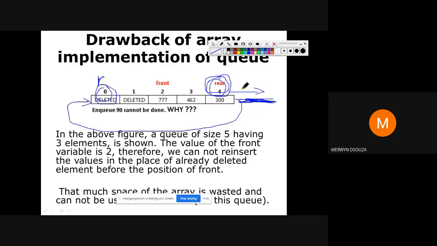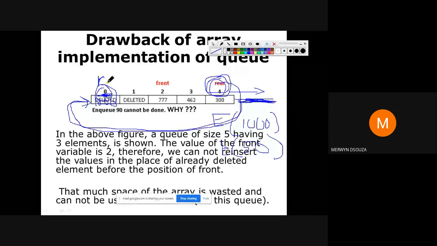Now in this case, if I say enqueue some value, say 1000, rear would be incremented in such a way that we come back to index 0, and this 1000 would get inserted here. Again, if I say enqueue 50, rear would come to index 1 and 50 would be inserted.